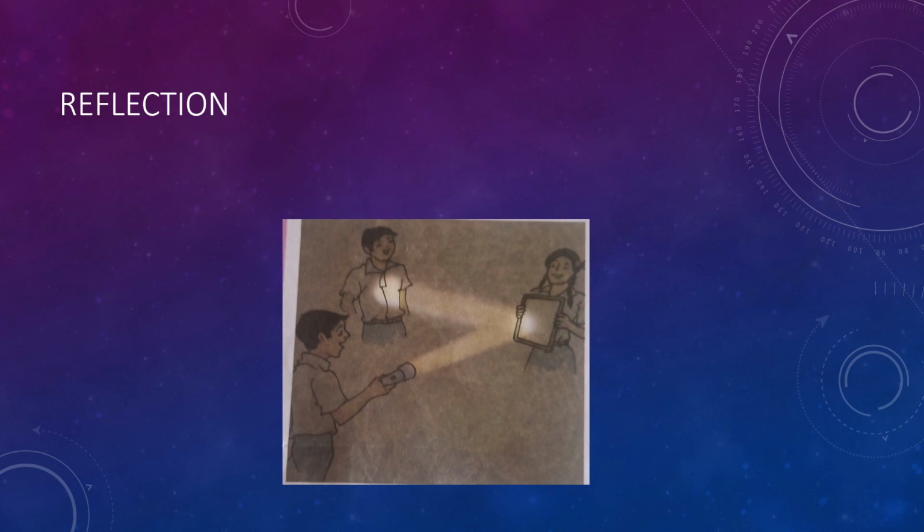Here you can see the image. In this image, you can clearly understand the concept of reflection. There is one boy, he is lighting a torch, and then there is a mirror. The light hits the mirror and then bounces back in another direction. So here we have seen that light can move in another direction also. But it is possible only when it strikes a surface and then bounces back,